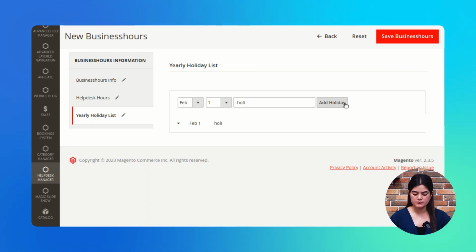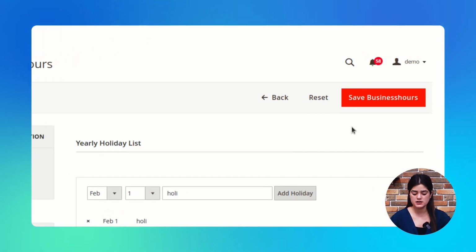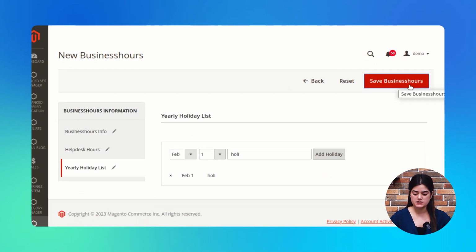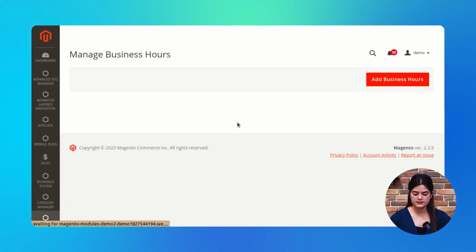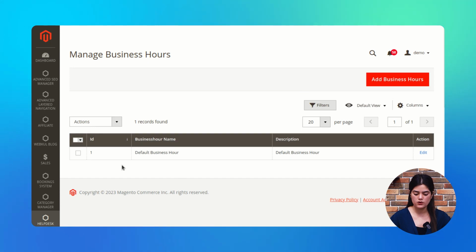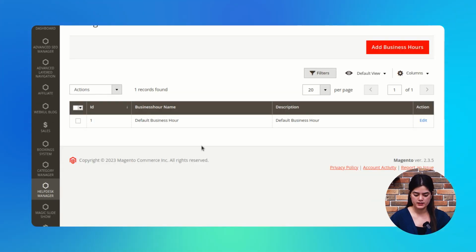Likewise, you can add multiple holidays, and after filling out the required information, you just need to tap over the save business hours, and these business hours are going to appear over the list of business hours option. As here I have already added this default business hours, so this is going to appear over here, and if you want to create your business hours, then you can do the same, and accordingly it is going to reflect over here.